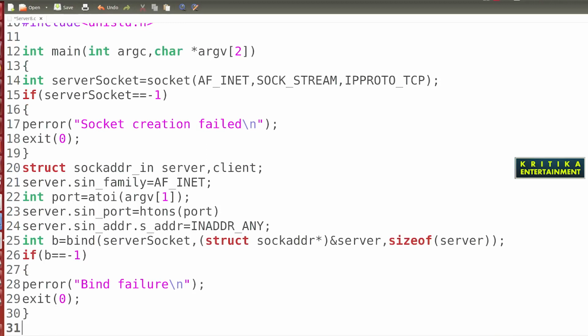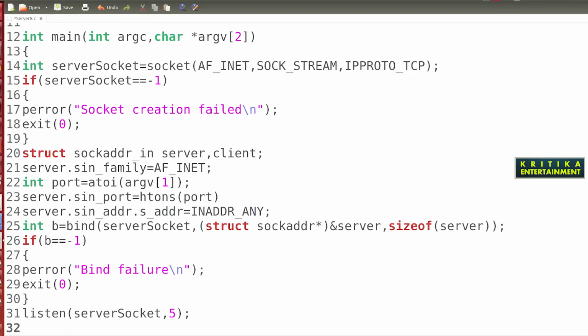After this, I will write the listen function. Listen function means make a queue for incoming requests from the client, so write server socket, then 5. Suppose I assign int l; if the listen function is successful, it returns 0.